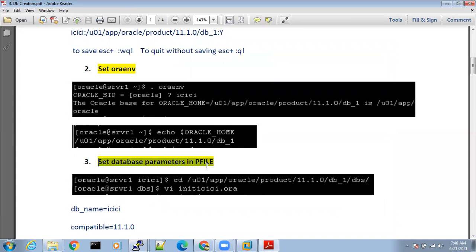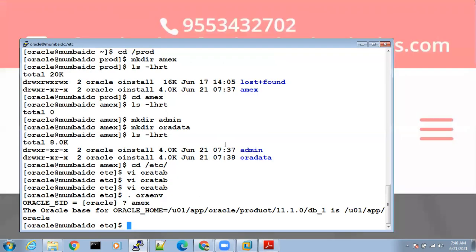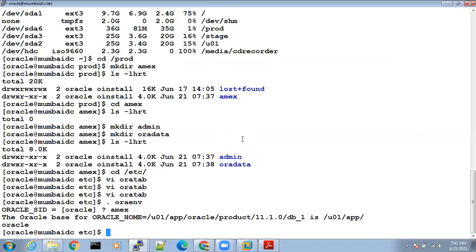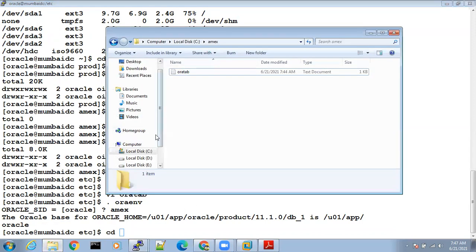Next, set the database parameter files. For every database, when we create a database, there will be parameters. Without parameters, the database will not know how much size or where to create and everything. So we have to open a parameter file. What is this parameter file and everything? You people don't have to worry at all.